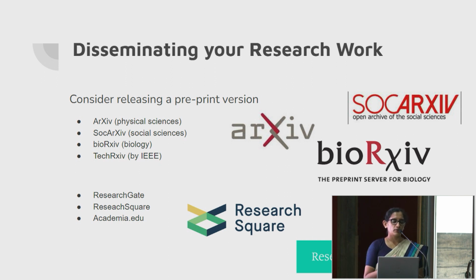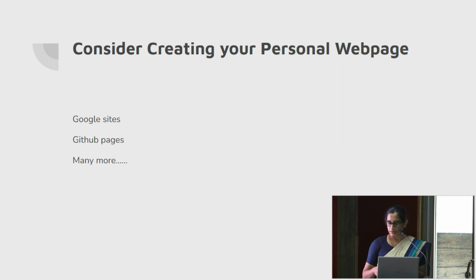And then other platforms, similar, Research Square, I have not used it, but I have seen it. And academia.edu, the basic version has very limited functions. So if you can afford, you can pay and take. But I have not paid and taken the premium version. Finally, so I'll try to keep this short. Okay, I have already gone over the time.